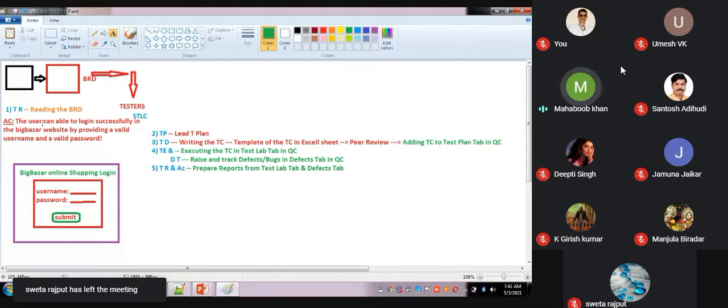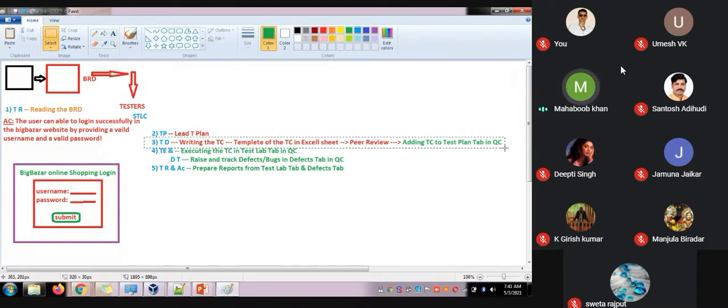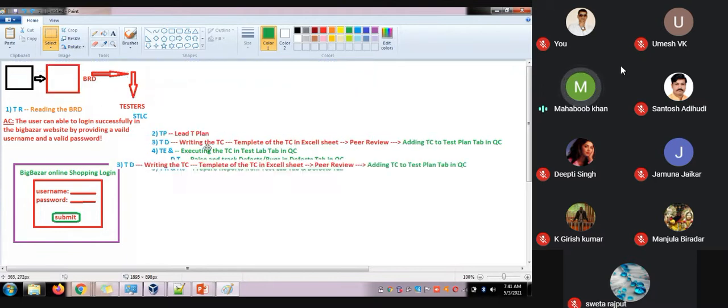Once you get this requirement in terms of a story or a BRD document, how do you need to write the test cases? Now you need to do test design, correct? This is the third scope. The lead will prepare this. Now you should be writing this test design document. Once you write this, you need to do this. For this, I am making the session right now. Okay, the third one which you are doing.